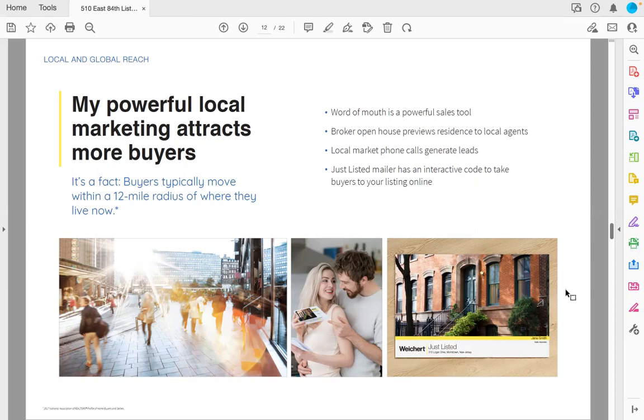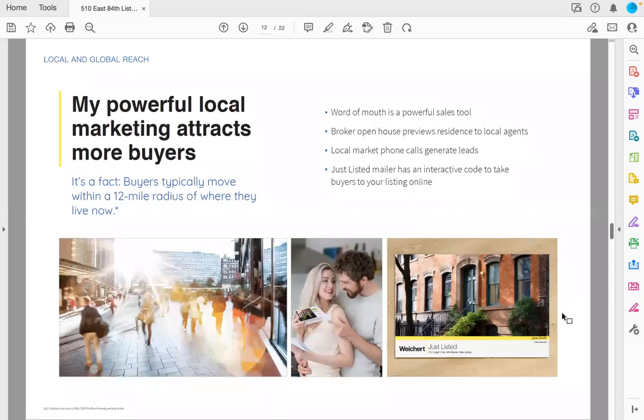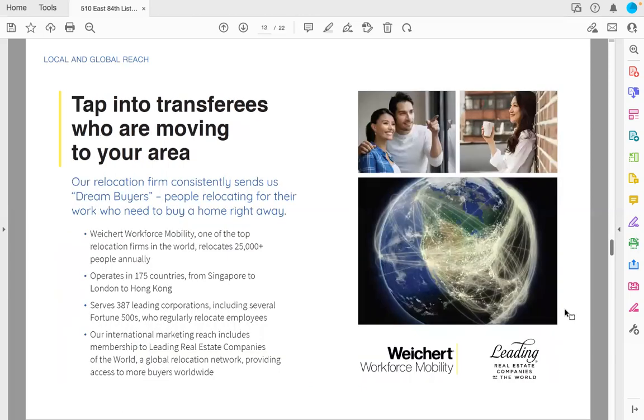That would be amazing. In addition to that, we don't only focus on the local market, but we also get the word out to other Weichert offices. Again, we have offices in Westchester, in Hudson County. Oftentimes people move back and forth through there, but we also can tap into our transferees from moving to the area. We are members of the leading real estate companies of the world, which is an organization of privately owned real estate companies that help share their listings, right? And so through that, we share our listings with